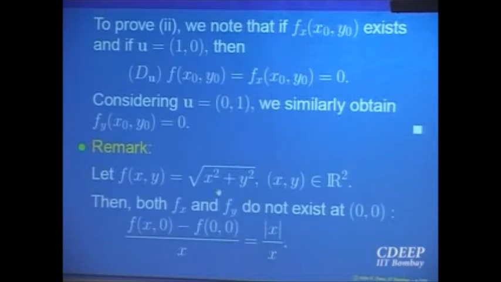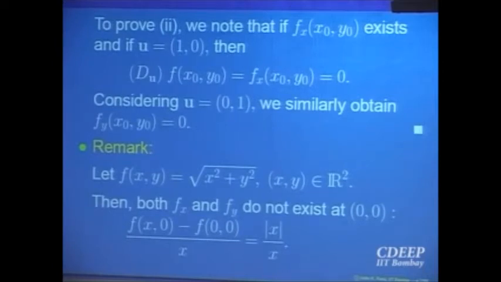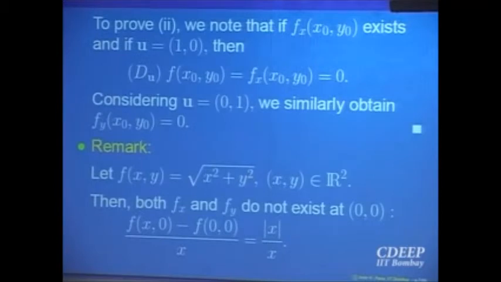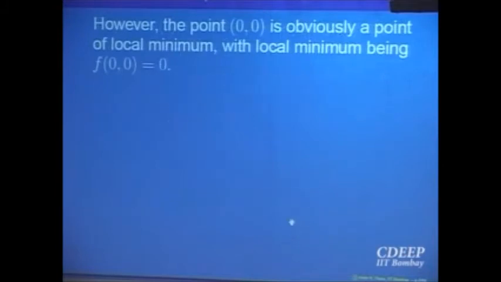Look at the function f(x, y) equal to the square root of x squared plus y squared. For this function, do both partial derivatives exist or not? When you go to x positive or x negative, you'll have to take the absolute value of x. So the partial derivatives don't exist, but you can easily see that this function has a local maximum or local minimum. What does it have at the point (0, 0)? A local minimum at the point (0, 0). So it has a local minimum at (0, 0), but the partial derivatives don't even exist. So that condition is only necessary but not sufficient.